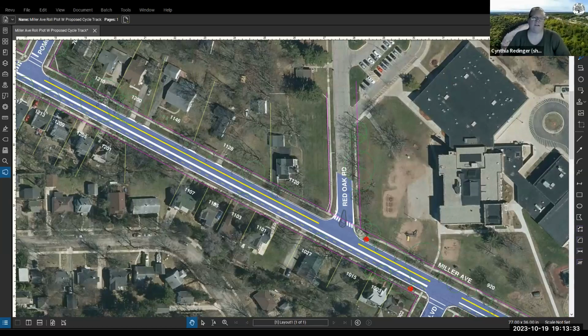So we do reference a lot of different standards as we are designing bicycle facilities. In general, they will look very similar to the other facilities that are already designed and implemented in the city.